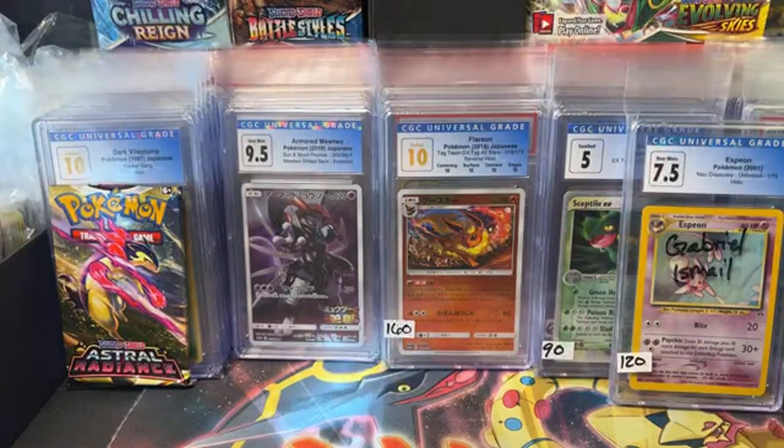Cheese stealing hearts. Cheese. Do you have a Scissor VMAX Rainbow Rare graded? I used to. I remember I was the first one to grade one of those. It was Pop 1 when I received mine. And I remember we sold it for like $400 back then. I bet you now the slab's worth like 75 bucks. Isn't that wild? So, Gabriel,